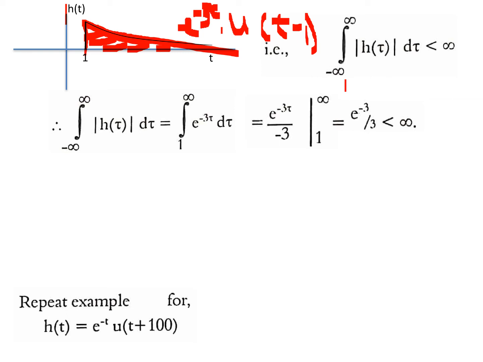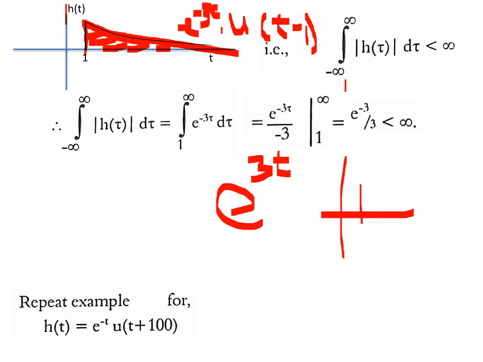Because if you put the value of e as 3.142, no, you'll see that for increasing value of t, the value of the signal keeps on decreasing. If it is positive sign, it is an increasing exponential. Suppose it is e to the power of 3t instead of minus 3t, then this signal would have been like this, increasing. Because this sign is minus, the signal decreases, the falling exponential. That makes a difference. Okay.